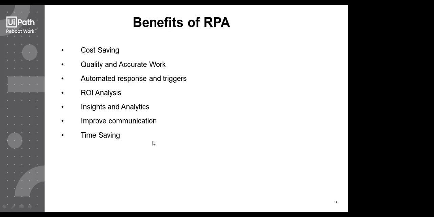Automated response and triggers. Suppose you get in a mail; the process is based on electronic triggers. You get in a mail and the bot processes it. At the end of it, you automatically send a response to the customer that your order has been processed or your complaint has been registered. So those are the benefits: the bot would quickly respond back, and the customer would be happy to receive an early response, or satisfied.